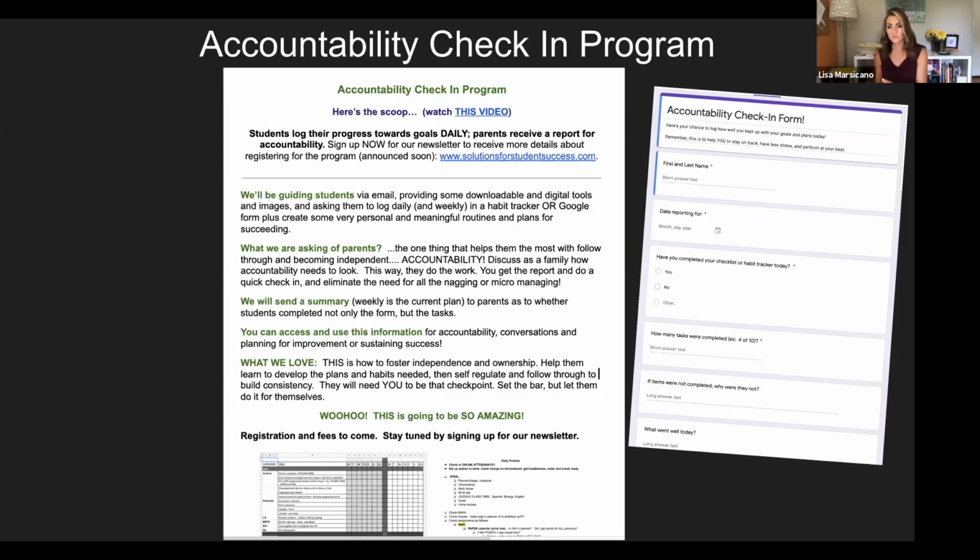And at the end of the week, the two of you get together and we say, look how many times they filled out the report. This is what they're sharing with us is happening. And then you as a family discuss, does something need to change? What are the solutions to these challenges? What do I need to do differently to improve a grade or on a task? So it's cool because it's all going to be digital and it's just up to you to keep you on track. So that's our accountability check-in program.